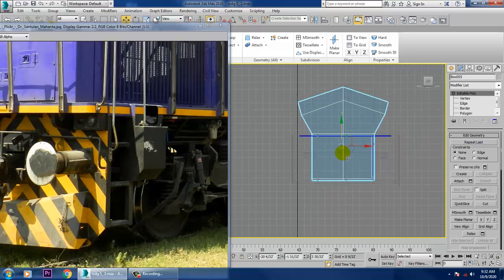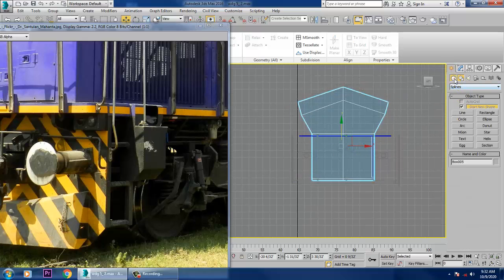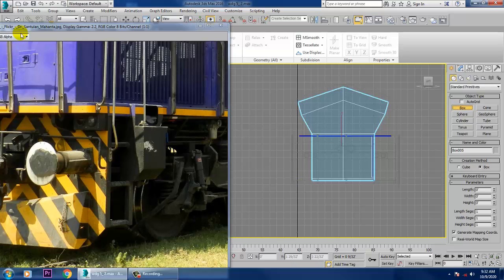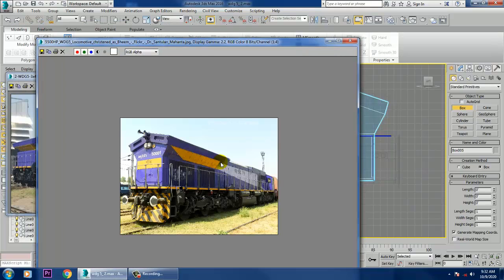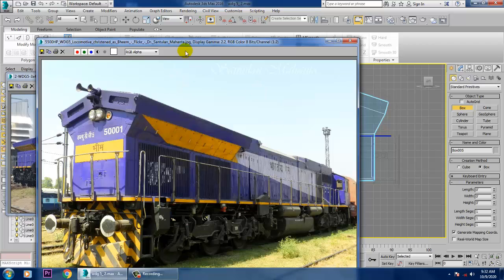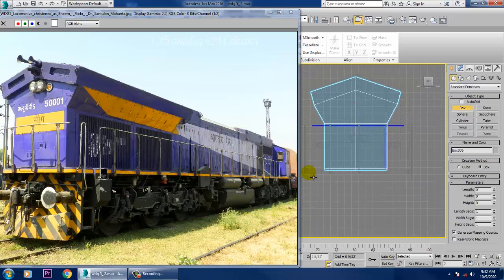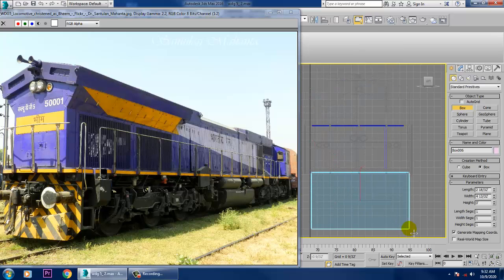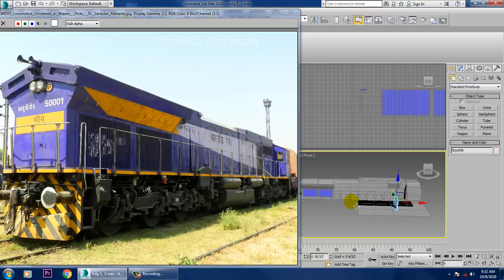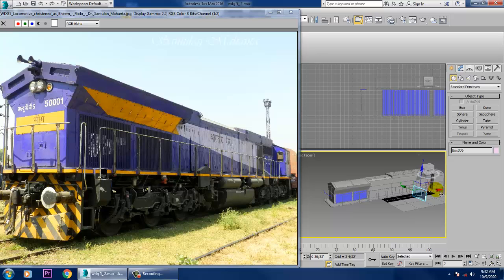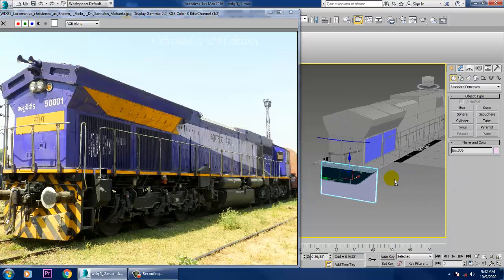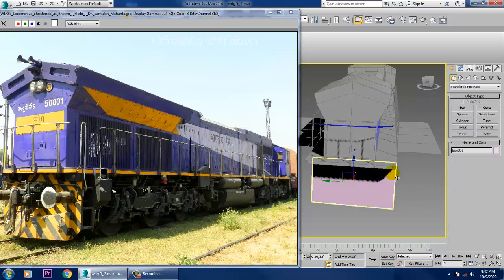So select this view and let's just take a box over here. So the box, definitely it will go fully down. So let's take a box from here. So let's just draw a box. So we can just push this box a bit further over here. So after pushing this box over here,